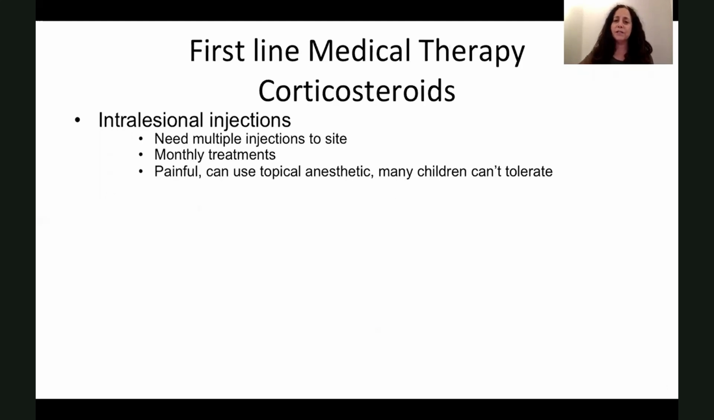Let's look in a little more detail at first-line medical therapy, and this is typically corticosteroids. We can use injected mid-potent corticosteroids. This often works well for older teens and young adults. Usually we do this monthly. It can cause some atrophy and hypopigmentation, and it can be painful. We can certainly use some topical anesthetic, although that doesn't completely eliminate the pain. And I would say many young children don't tolerate this, but some do, and of course, as kids get older,